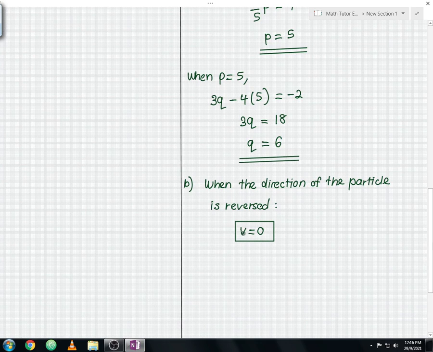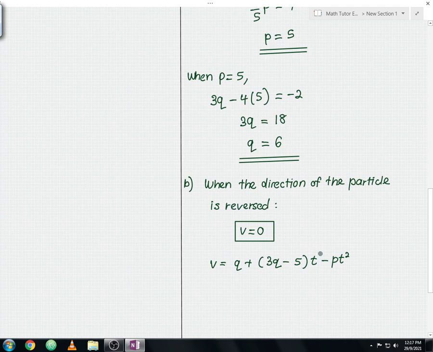So let me write the original velocity equation with the variables p and q. From here, v will be equal to q plus (3q minus 5) t minus p t squared. Since in question part A we already got the values of p and q, where p is equal to 5 and q equal to 6 respectively, now we can use these two values and substitute